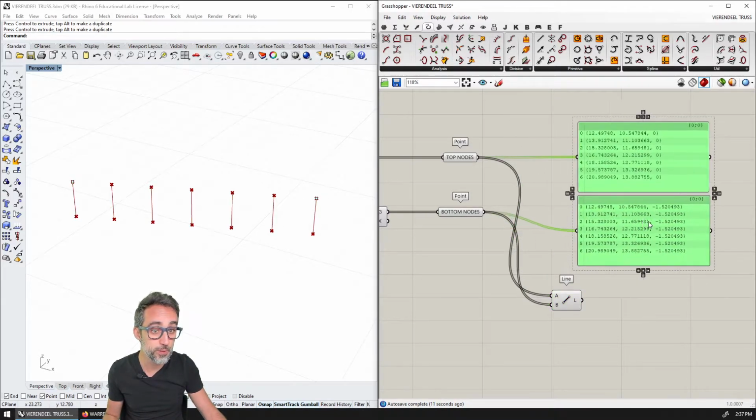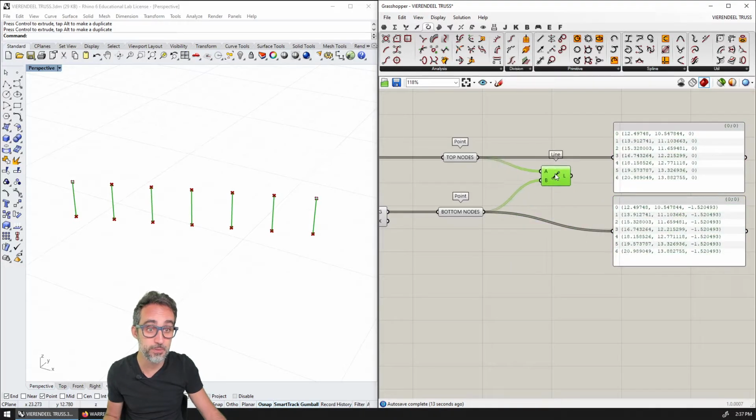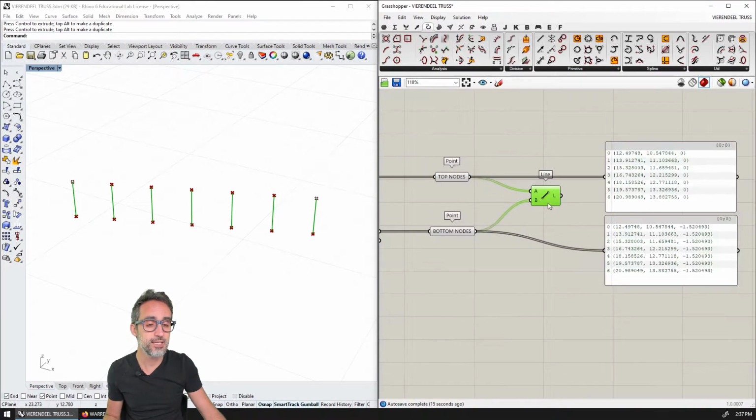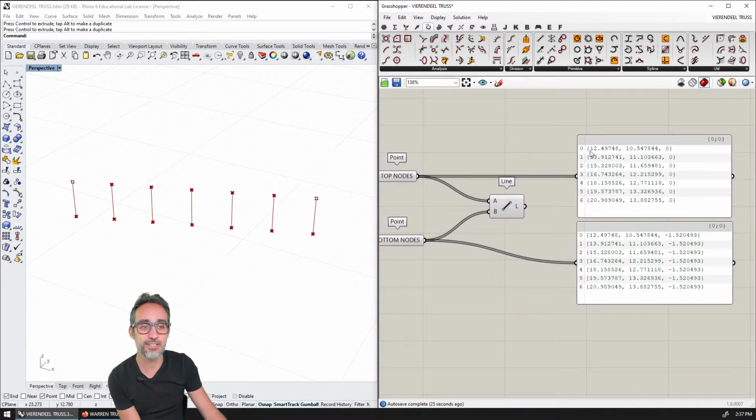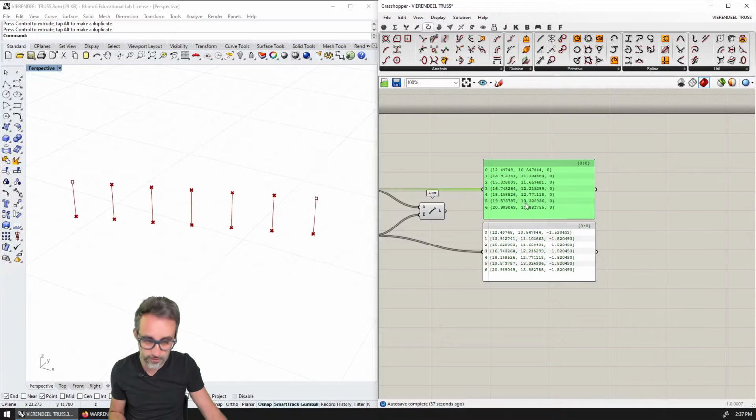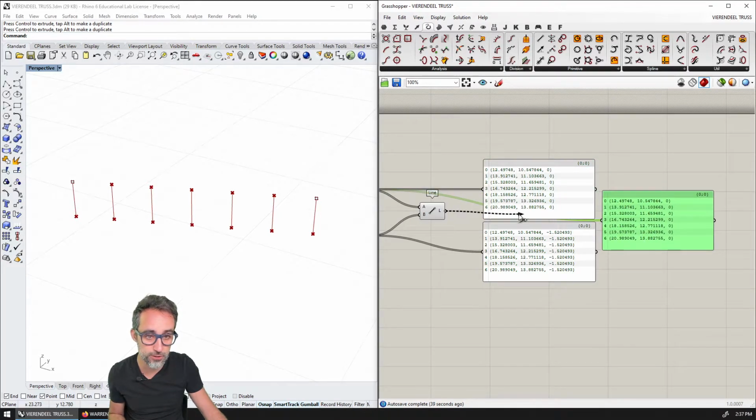And I would like to remind all of us that this is happening because the line component is doing what's called a matching operation, because it has 2 inputs and each one of them is a list. What it's doing is taking the first point of the first list with the first point of the second list, the second point with the second point, the third point with the third point, etc. And that is each one of the lines that the component is generating.